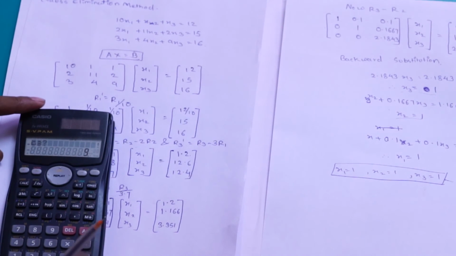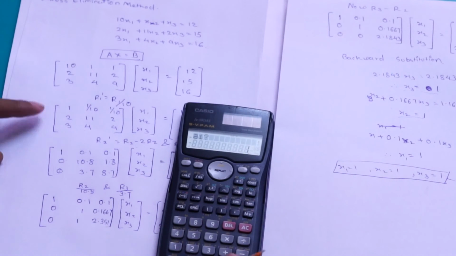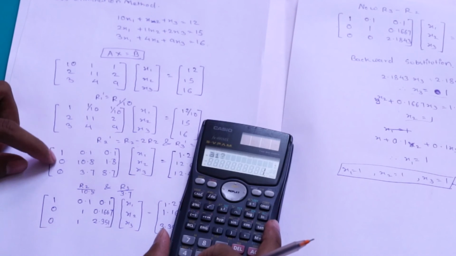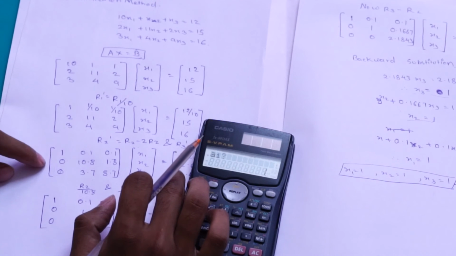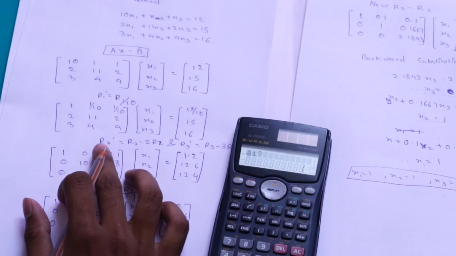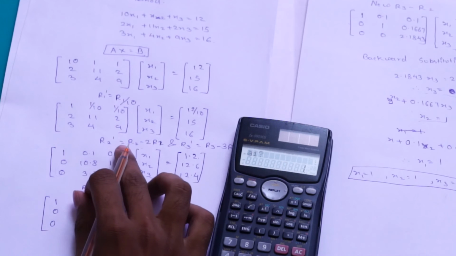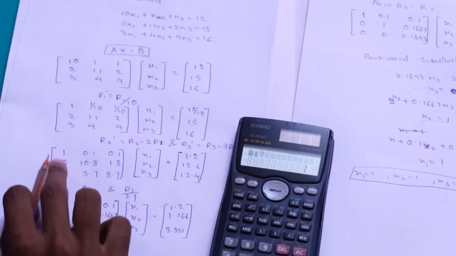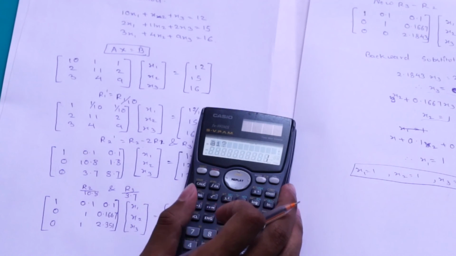Now this procedure we have to carry out for the next step also. So now in this lower matrix we have done R2 minus 2R1, means this row is subtracted 2 times from this row. Now for the second matrix we have mentioned the condition that R2 dash, means the second row we are going to get, is equal to R2 minus 2R1. So we can get this term as 0, and that we have to put in the Calc.